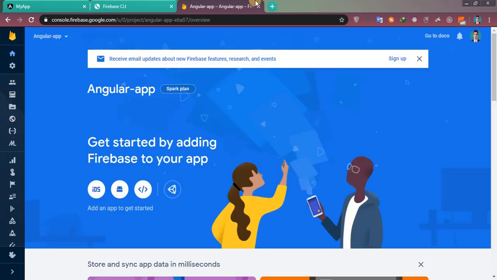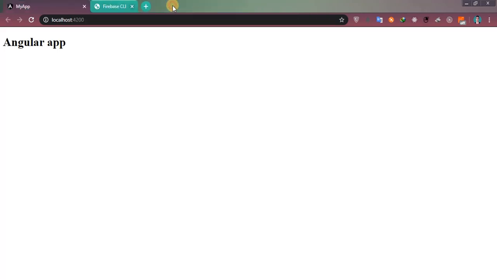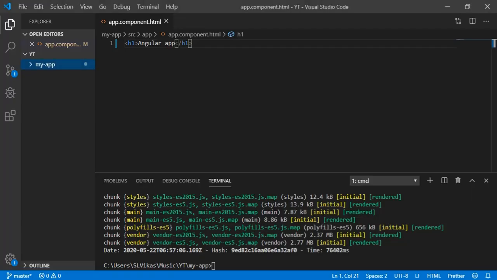Now we don't have to do anything more here. Let's close it. Now come back here. Already we have installed Firebase tools. We logged in. We have created our build, and we have also created the Firebase project.